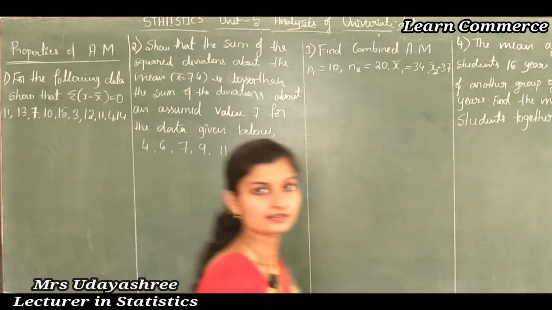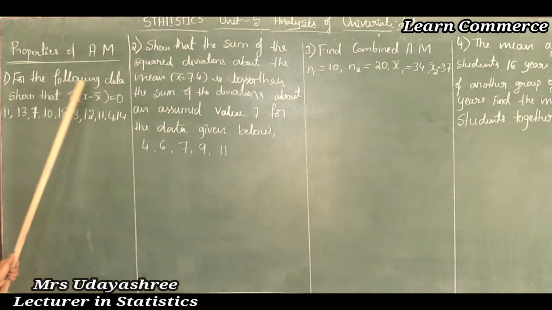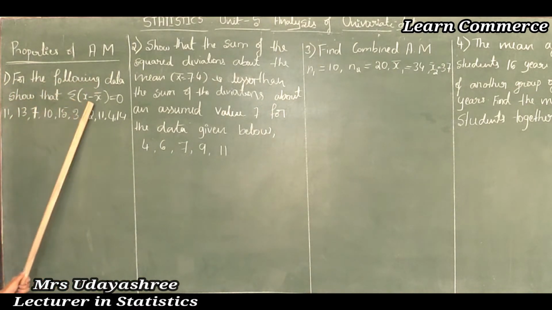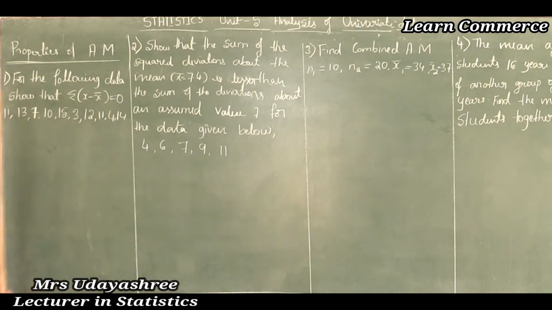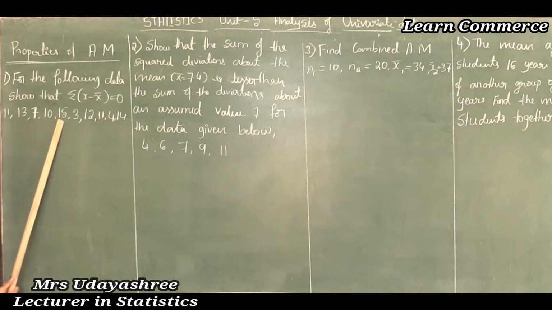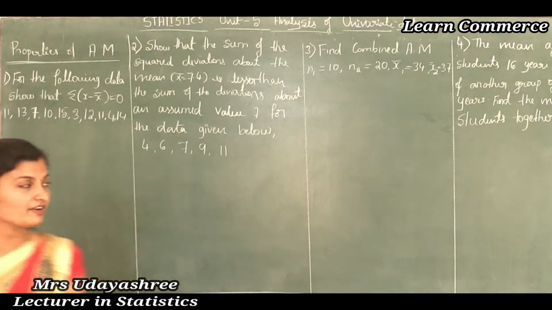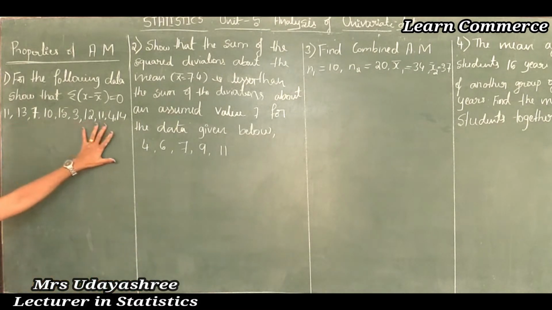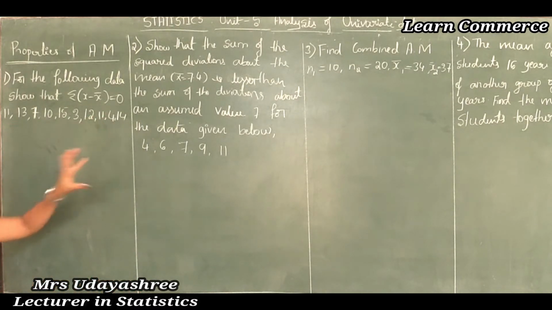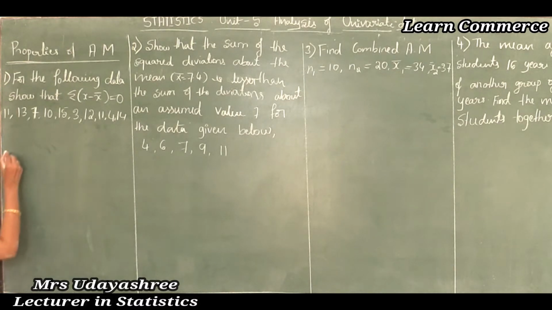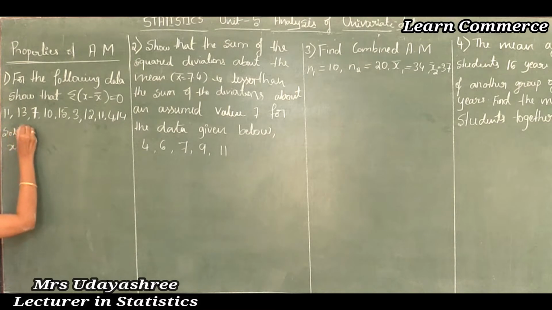For the following data, show that sum of x minus x bar is equal to 0. The given set of observations are 11, 13, 7, 10, 15, 3, 12, 11, 4 and 14. These are the given set of observations, and we know that a set of observations is denoted by x. Therefore, the solution part is,